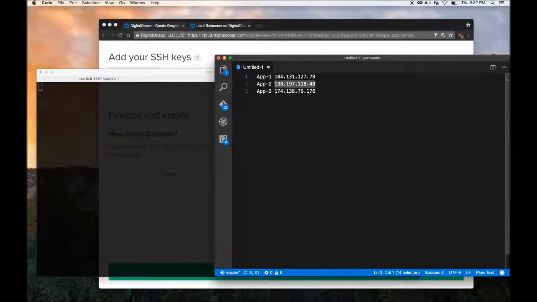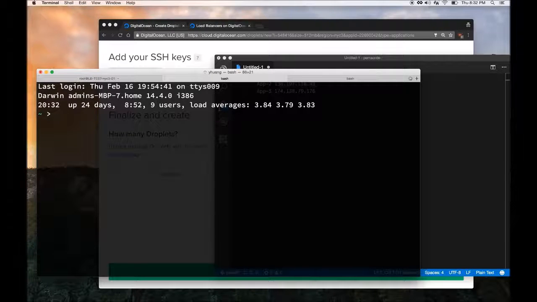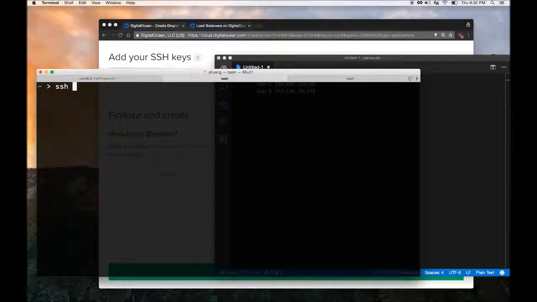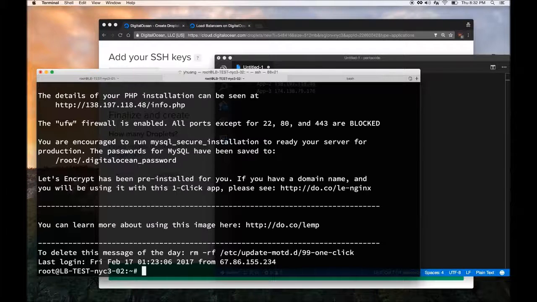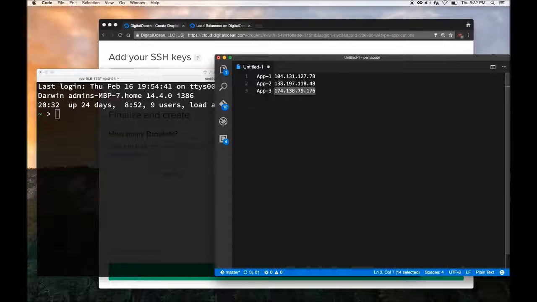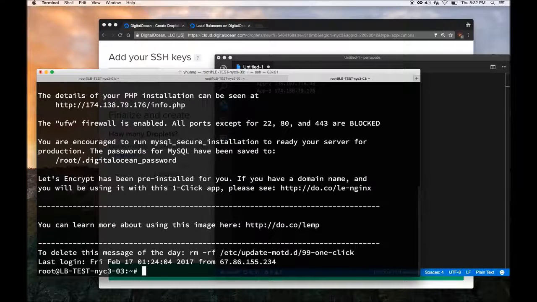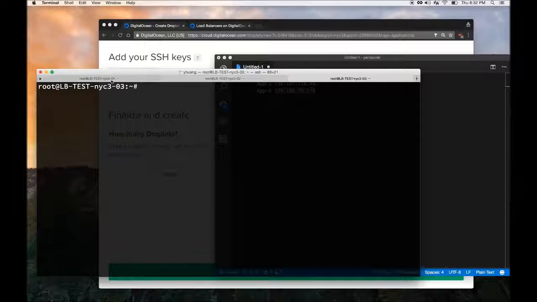In this example, I'm going to create 3 servers, and we will use the load balancer to round robin the traffic into each of them. So same thing, you do SSH root at the server address, put in the password, and then this is the third one, SSH root at the IP. Okay, once you're in the 3 servers,